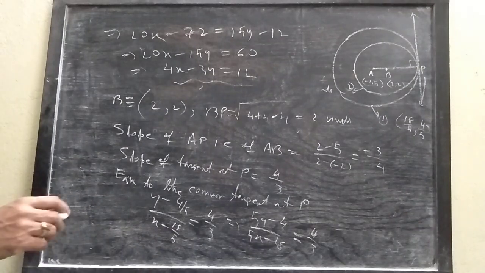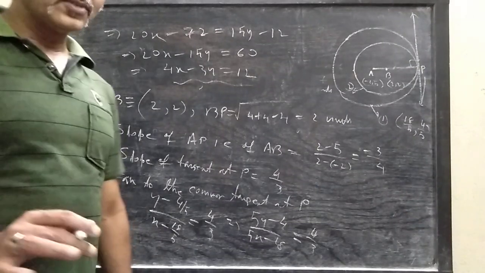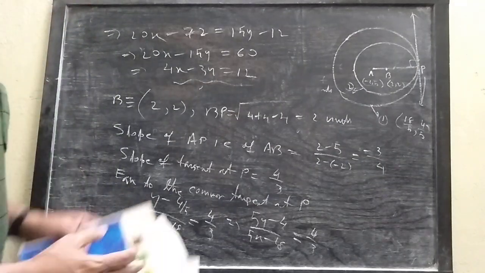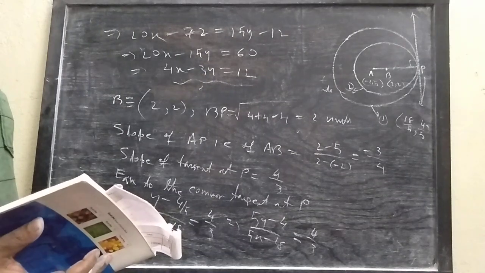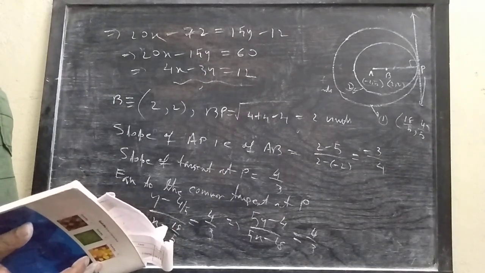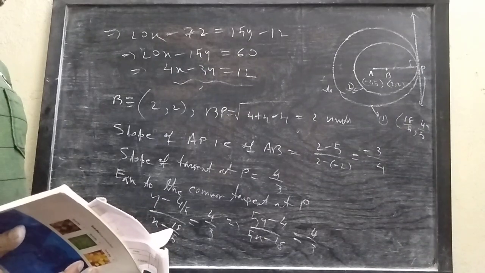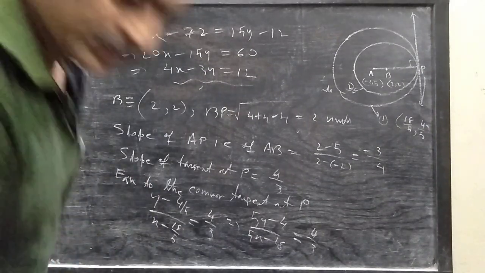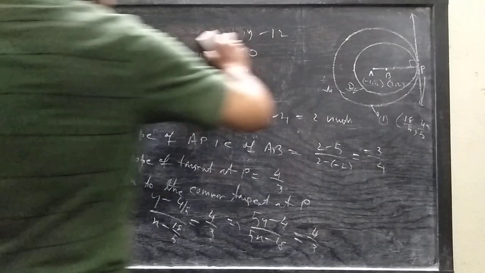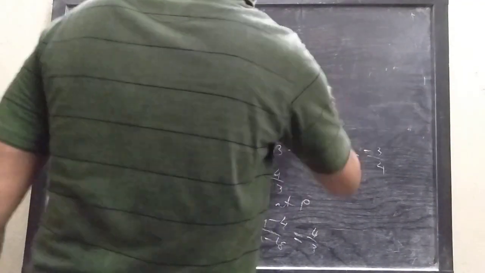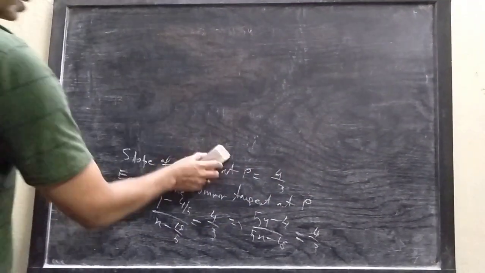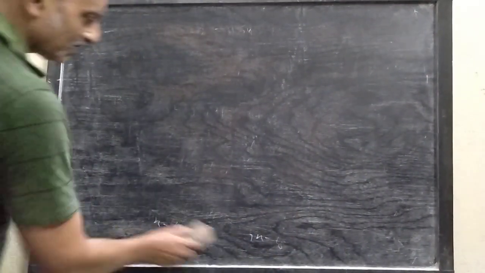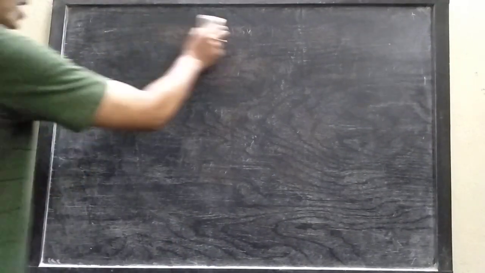This is also a good question to be asked in different examinations. Next, let us go to the question. Show that the circles touch each other externally, and find the coordinates of the point of contact. This question will be given to you as homework. So I am just illustrating it, which will be helpful for you to do it on your own.